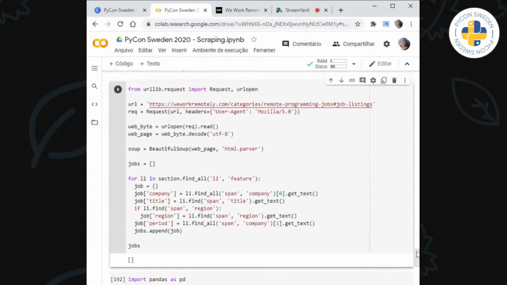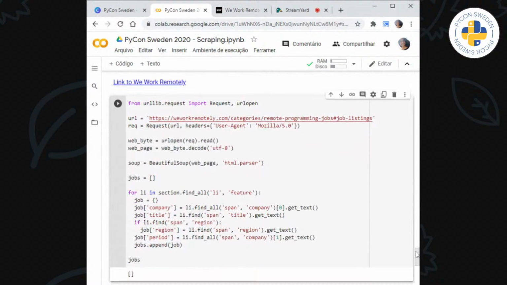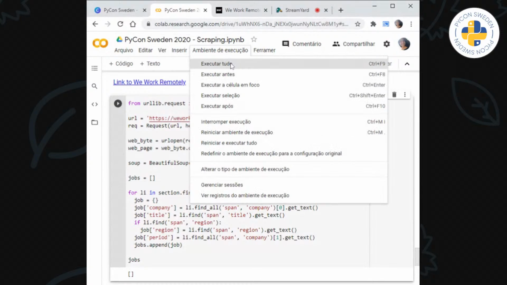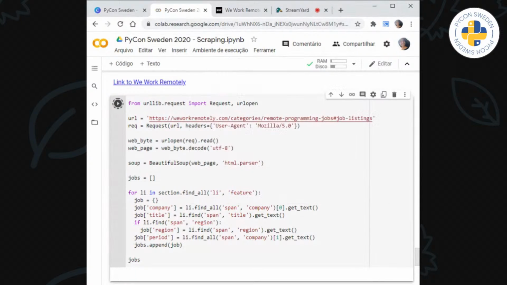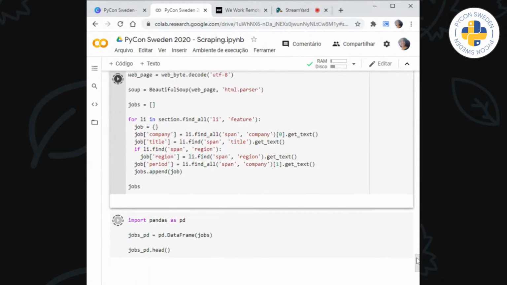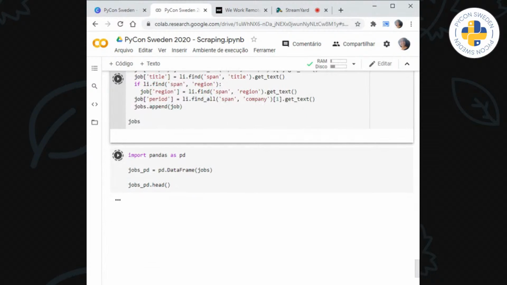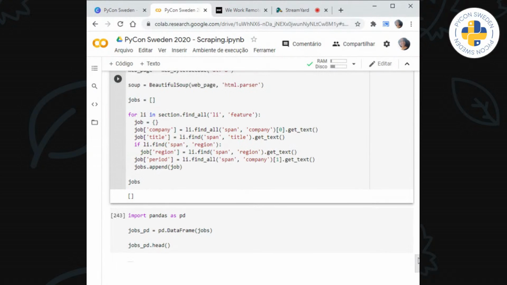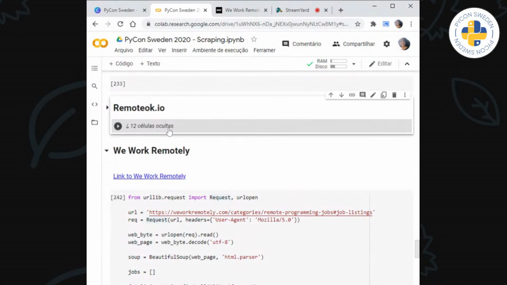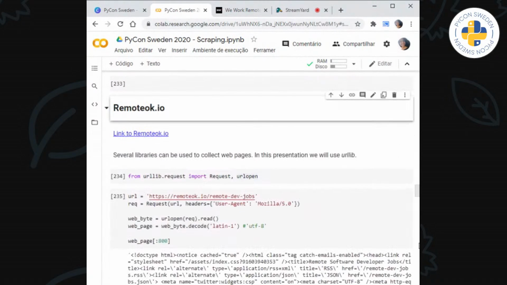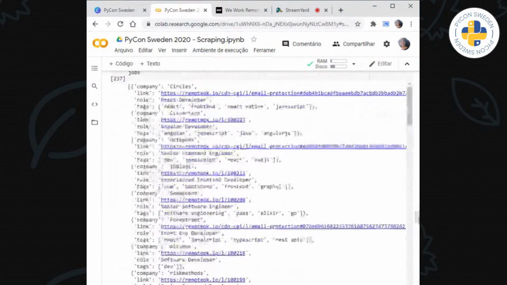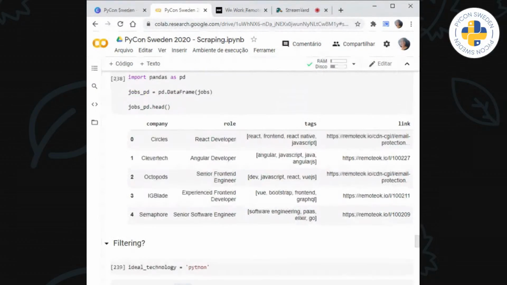Oops. Let me see what's going on. Yeah, it should be working. Let's check, making sure that all the libraries are installed. Anyway, I forgot to mention it, but you can also put the data into a data frame so you can visualize it better. For some reason, it's not working. I'm not understanding why, really. Let's see. Yeah, this one is working fine. You can see the data in here.